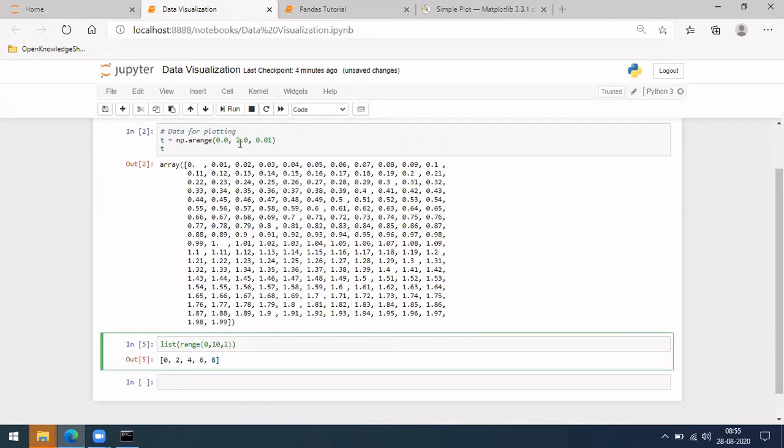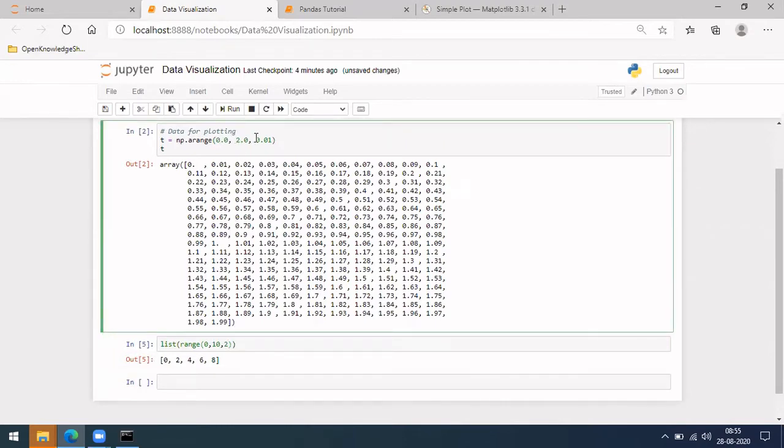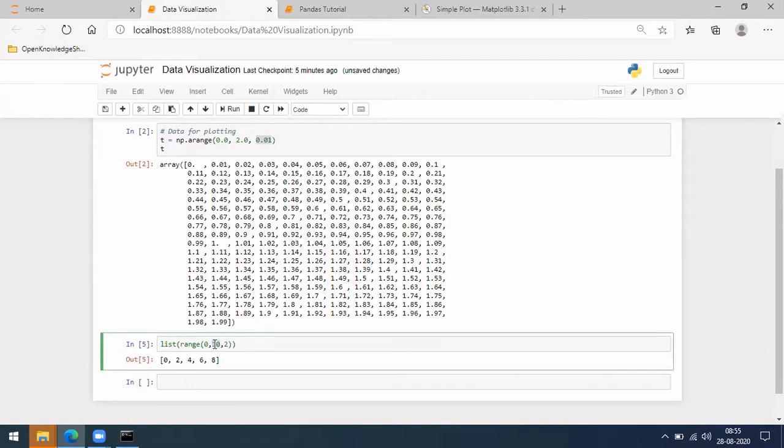Similarly here, what they are trying is from 0 to 2 with a step size of 0.01.